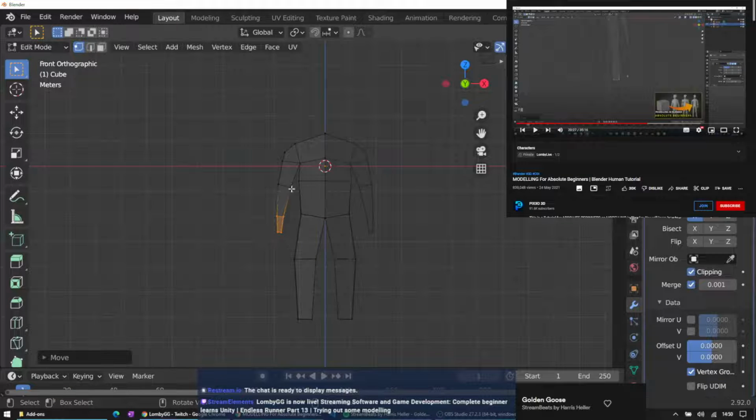I don't know. Where's your arm normally? Let me just stand up and see. Arm goes down to about the waist, just past the waist, and your hands about midway down the thigh. Where's the elbows? Okay. So actually not too far off what we've got here. Oh no, don't just click. Always